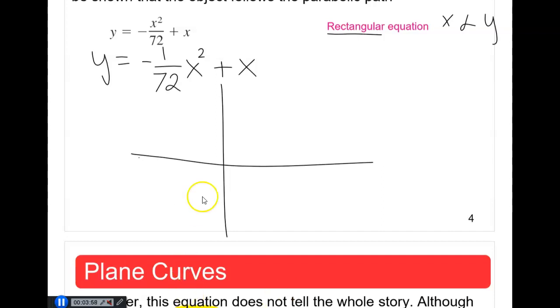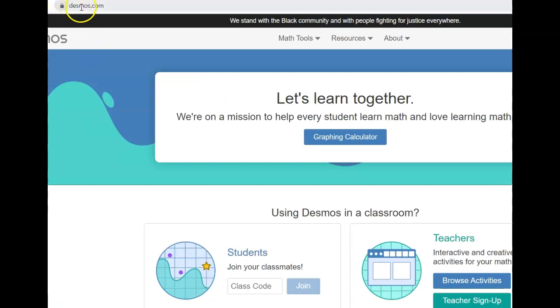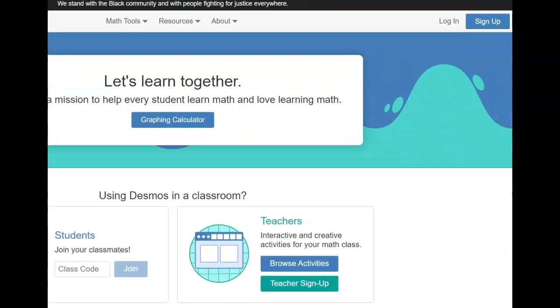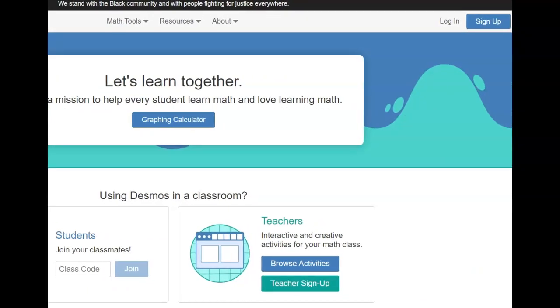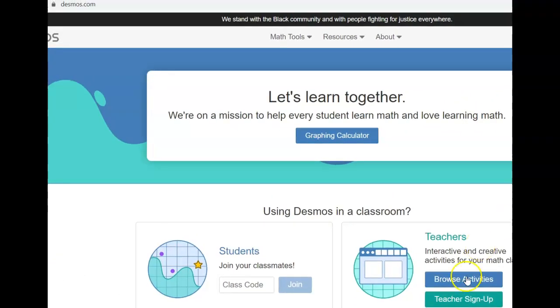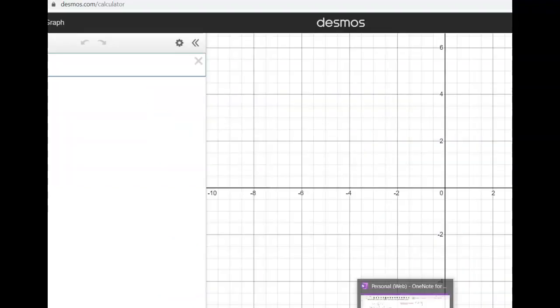in fact, I'm going to just graph it on the calculator, or I'll just use Desmos. So here's Desmos, that is the URL. And all you have to do, if you don't have an account, you could create an account. You could sign up, you could use your Gmail or any email, and then if you already have an account, you can just log in. But if you don't want to create an account, it's fine. You could just go to graphing calculator. So we're going to graph that one, and it says